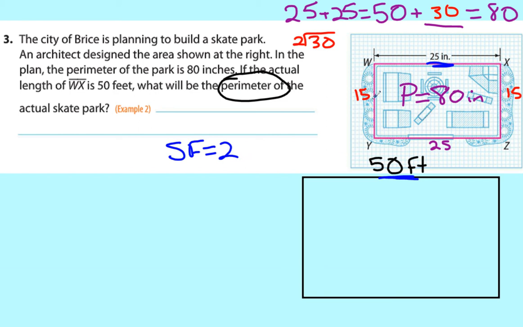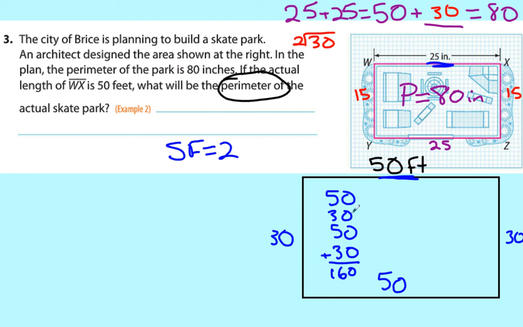So we could say 15 times 2 is 30. 25 times 2, also 50. 15 times 2, also 30. So if we just went based off of the sides we know, if we added all these up and said what's 50 plus 30 plus 50 plus 30,